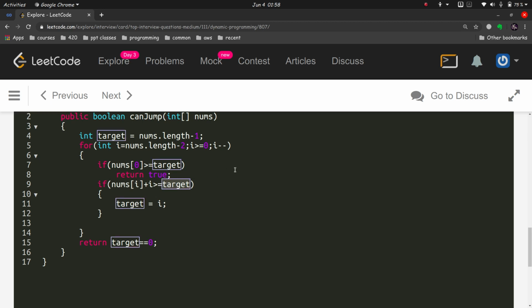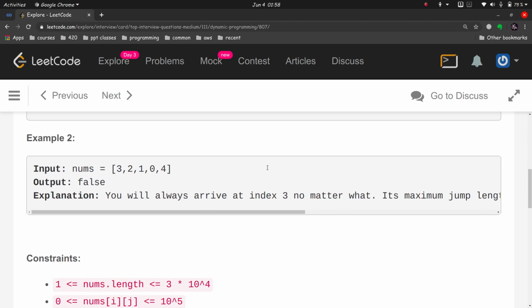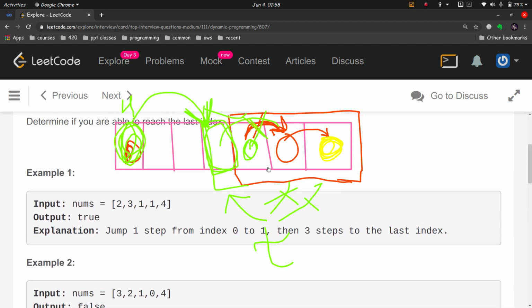Let me get the drawing back. Now it's dirty. Let's bring a wide screen. So here the target was within range. The range was from here to here. This is our range. I can reach a max of this, but this was not the target because we could not reach this point. So when the target gets inside the range, it need not be equal to the range. It can be equal or less than.